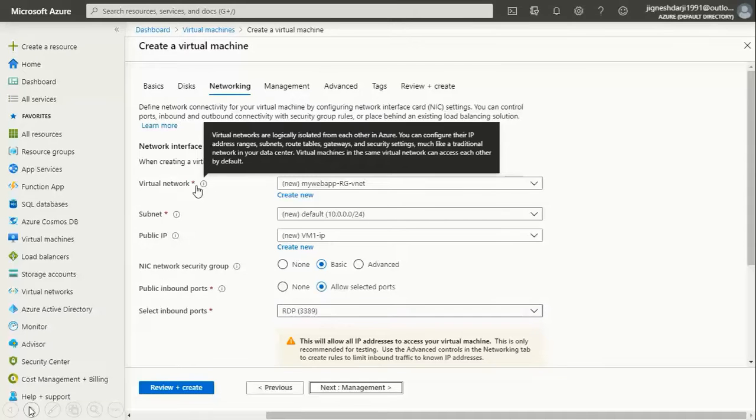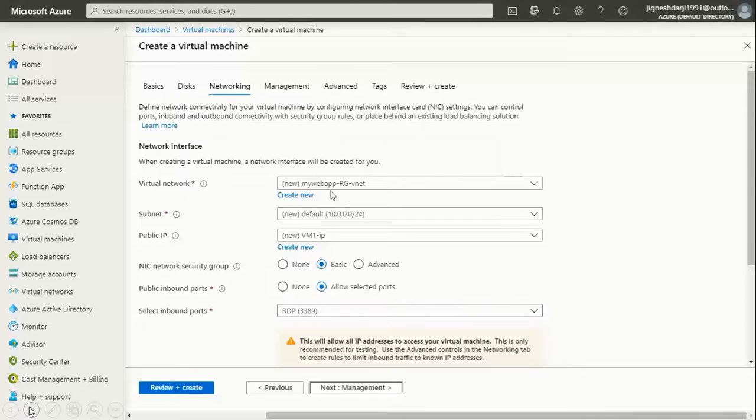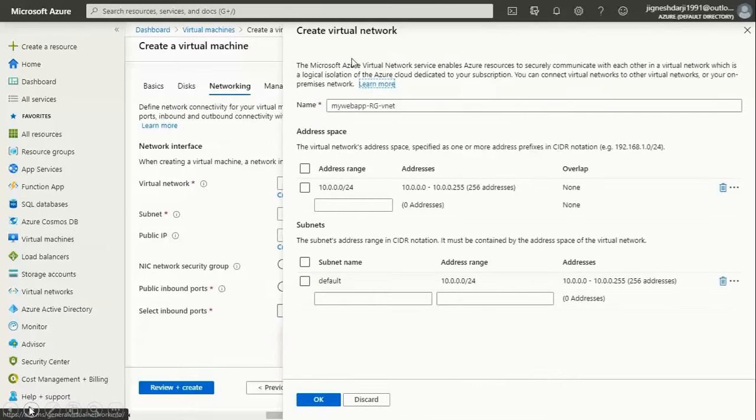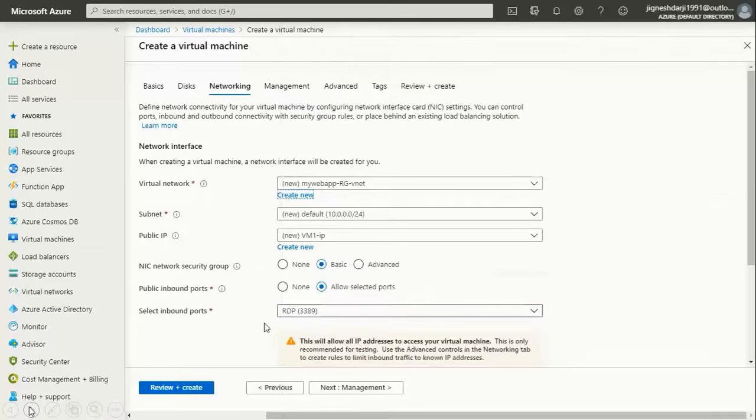Also, you can specify one public IP over here, so using this public IP you can connect to your virtual machine. You can check the virtual network. The default one is already selected, and you can create a new one. Let's create a new one using create new. You can specify the name, address range, and you can also specify the default subnet. So let's keep it as it is,